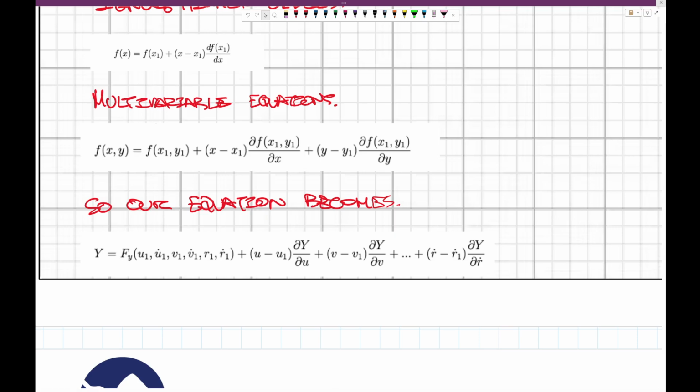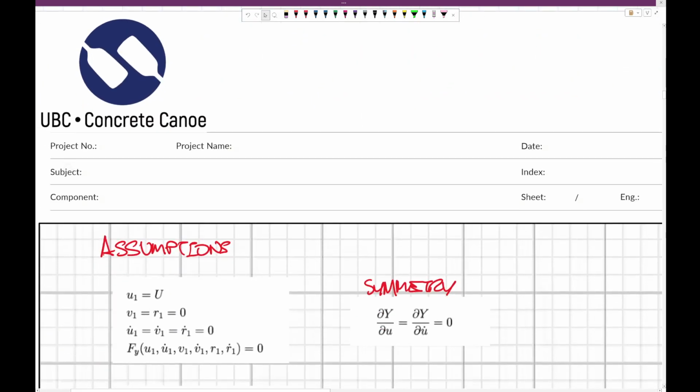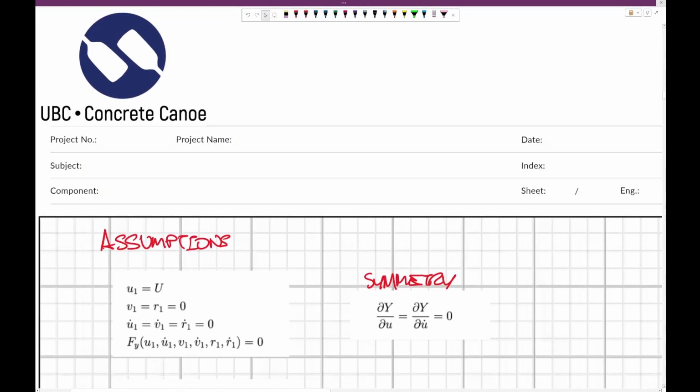So it's kind of long, but we'll end up simplifying a bunch of these different terms in the next moment here. So we're going to have a couple of assumptions. We're just going to say that u1 is equal to just this big U, which is not really an assumption, it's just our notation. But then we're going to say that v1 and r1 are equal to 0,